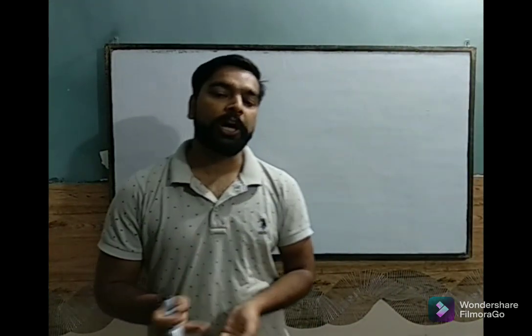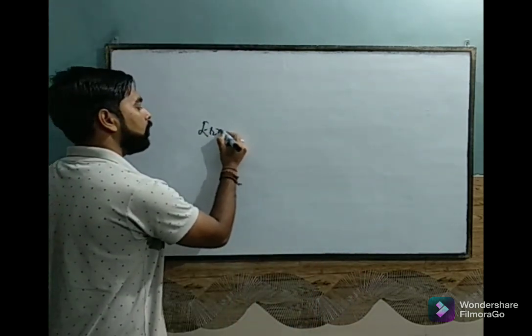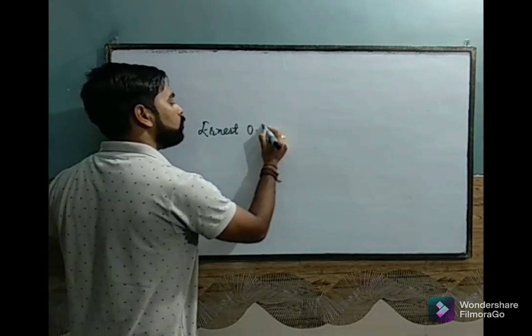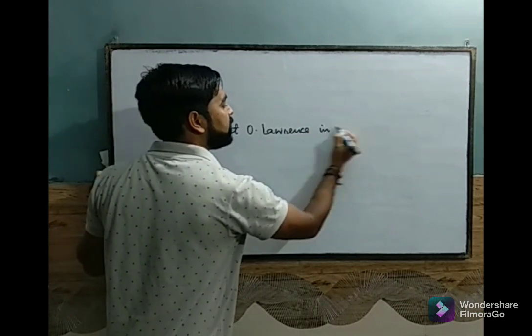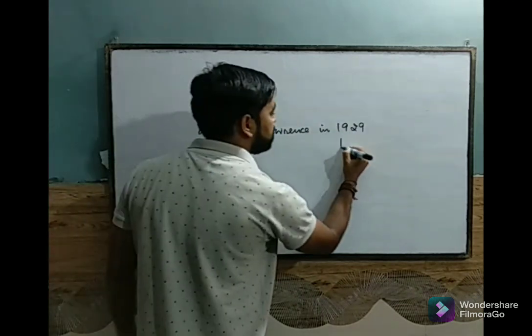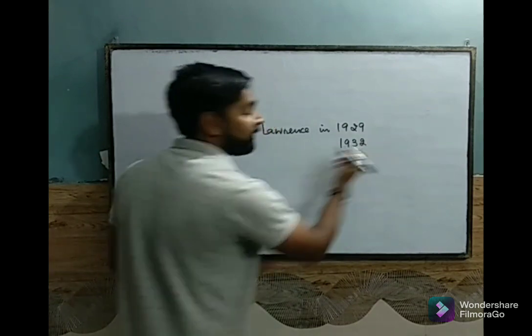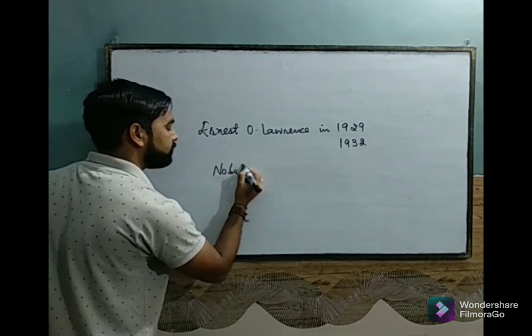Hello students, I am Namal Gupta and today I am going to tell you about a particle accelerator that was designed by Ernst O. Lawrence in 1929. It was patented in 1932 and for this invention he was awarded Nobel Prize